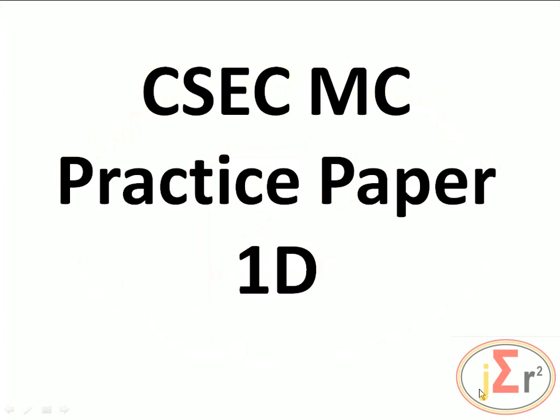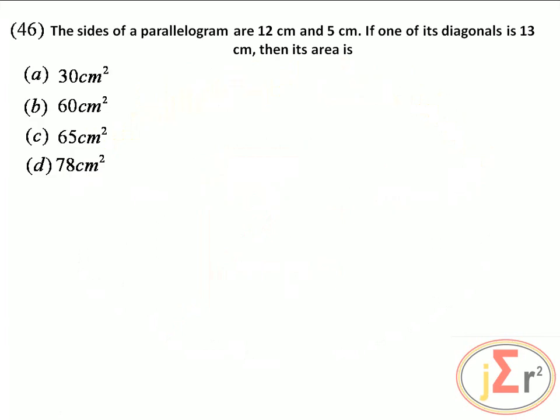We will finish up the presentation of CSEC Multiple Choice Practice Paper 1 by presenting Part D. The sides of a parallelogram are 12 centimeters and 5 centimeters. If one of its diagonals is 13 centimeters, then its area is,